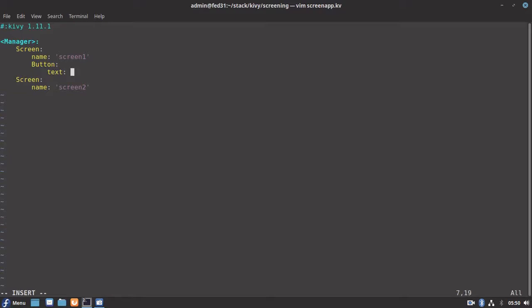This button, we will name it as screen 1 button. And this one, we will name it as screen 2.